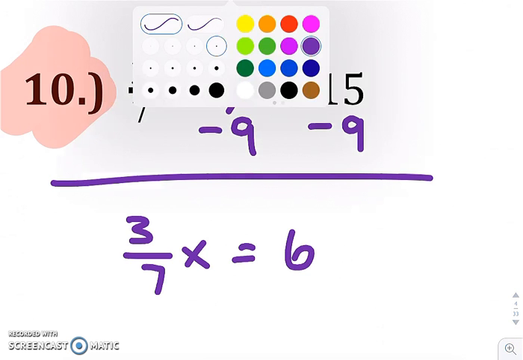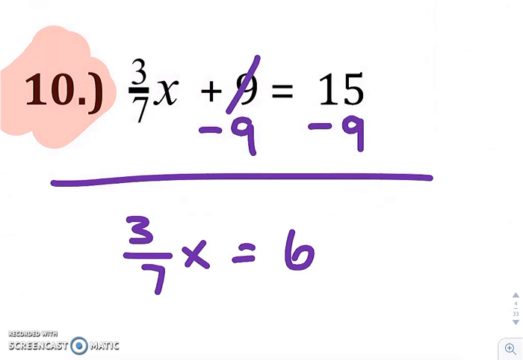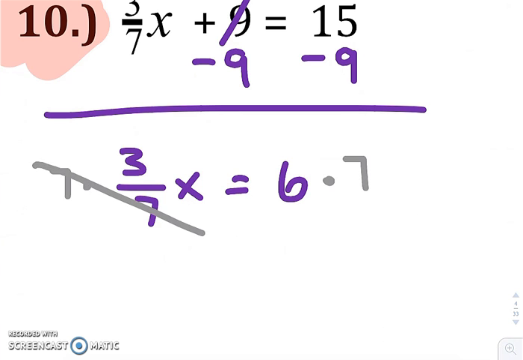So this is 3/7 x. This is really 3 divided by 7 times x. Whether the fraction is in front of the variable or the variable is inside the fraction, you're still looking at whatever that denominator is, because whatever the fraction is being divided by, that's what we're going to multiply it by. So that is gone,